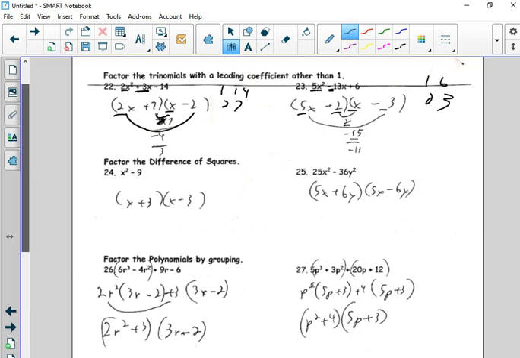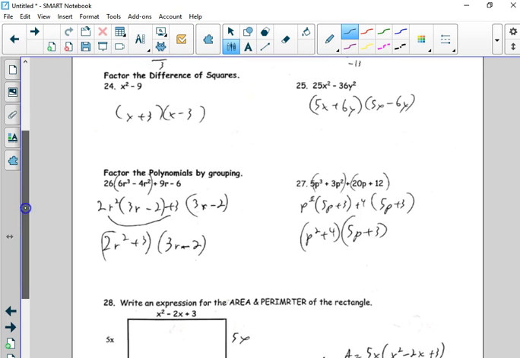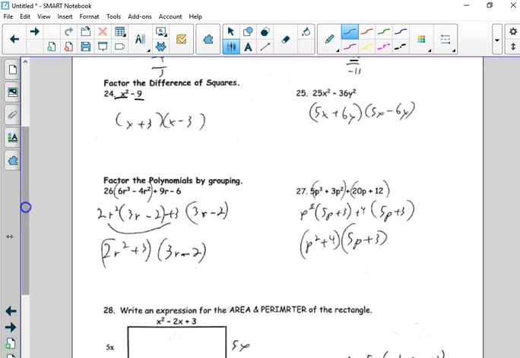Again, it does not take very long to do these couple little quick checks, but this is the difference between getting it right and getting it wrong, if you put the extra time in. Difference of squares is about the easiest you can do. If this is a perfect square and this is a perfect square, then you just take the square root. So the square root of 1 is 1, square root of 9 is 3, 1 plus 1 minus. All right,